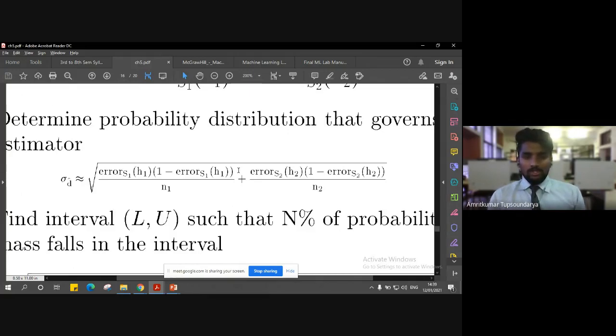Approximately it is the summation of the ratio of the sample error for the first hypothesis and the ratio of the sample error for the second hypothesis, over the numbers n1 and n2 of independently drawn instances. So this formula right here will give us the probability distribution which governs the estimator.